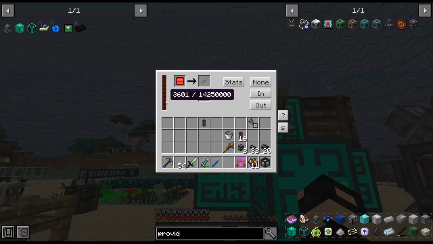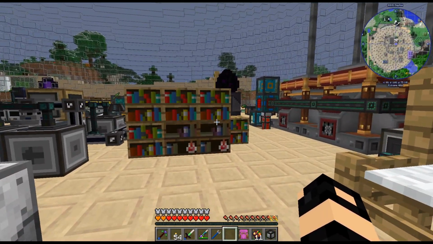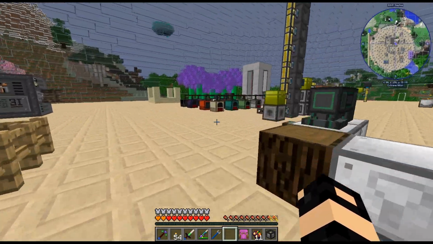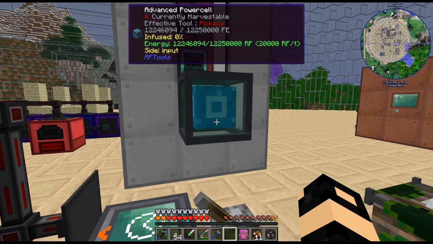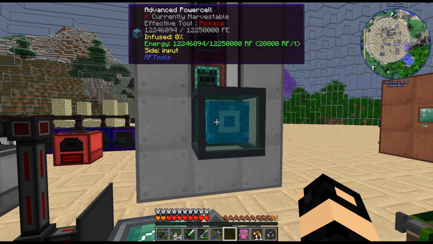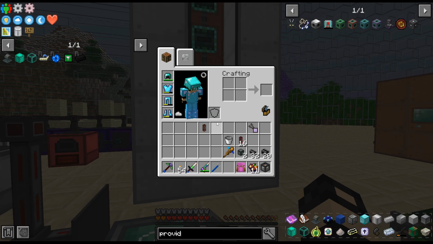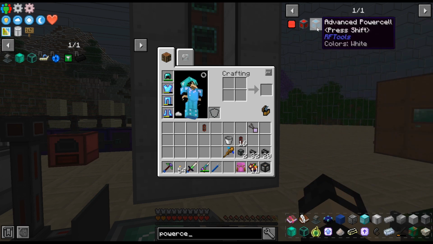Alright, so we're definitely going to have to sort out our power, which I kind of know we're going to have to do anyway. How do we want to do this? Alright, these power cells have a max of 20,000 RF per tick. That's the highest tier, I think. So if that's pulling more than 20,000 RF per tick...